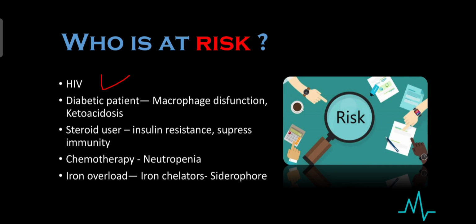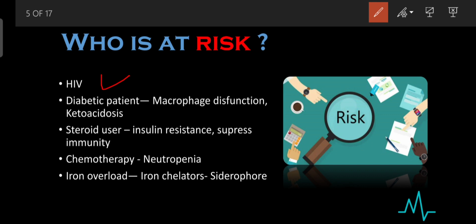Talking about the diabetic patient, in diabetes the patient undergoes a hyperglycemic condition, right? If the patient is hyperglycemic, that means the body is not allowing the glucose to enter into the body tissue. That is the reason the glucose is retained in the plasma. That's why your blood glucose level goes high, and your macrophages and immune cells are not getting a sufficient supply of glucose, and this will cause macrophage dysfunction,